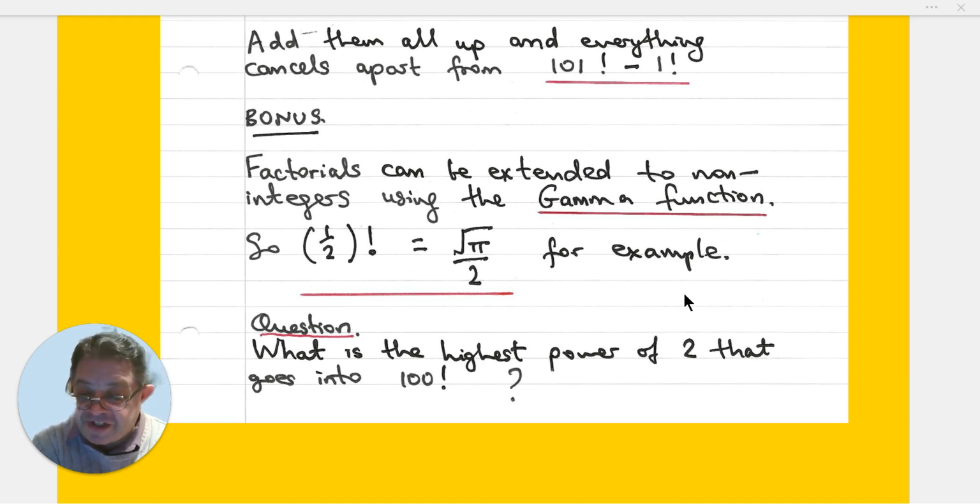And here's a final question for you. We worked out at the start the highest power of 5 that went into 100 factorial. Your final question is, what would the highest power of 2 be that goes into 100 factorial? In other words, if we write 100 factorial in binary, how many zeros will there be on the end? So that is